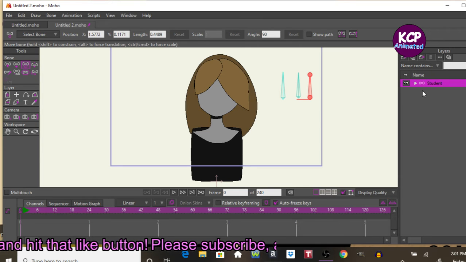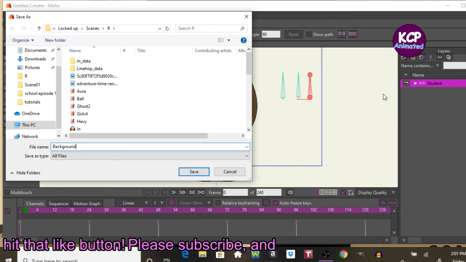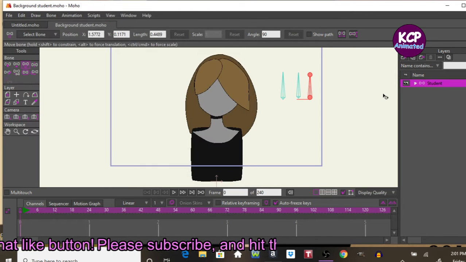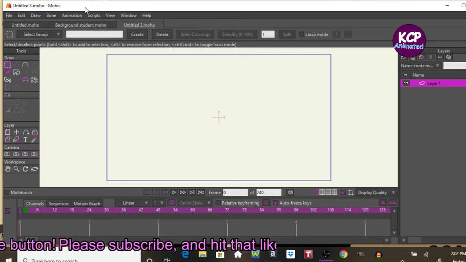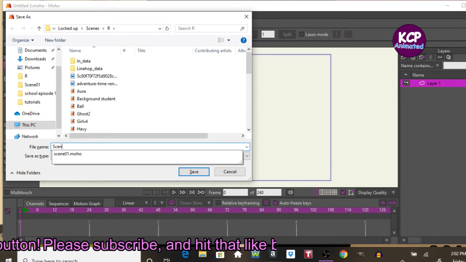Now with my character setup, our background character, let's save this as background student. Okay, make sure that is saved. We don't want to lose this character. So what I'm going to do next is create a different layer. Call this scene